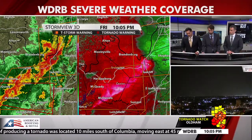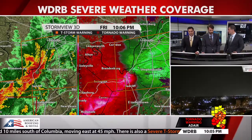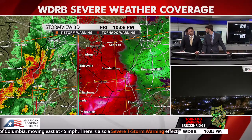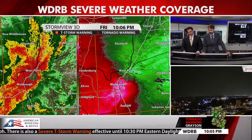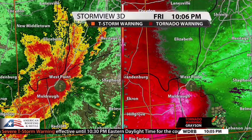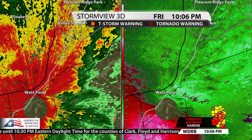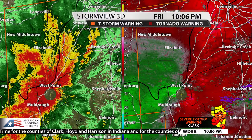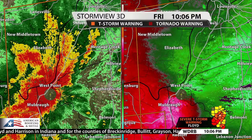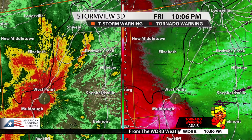Also waiting with each and every minute, just the anticipation of seeing what happens on the other side of this cone, because this will be the future for Louisville. And it does look like right now we're starting to get some of the rain moving on the other side. Not seeing any crazy gusts or crazy strong winds just yet. Okay. But it's something that I wouldn't be surprised at. And Rick, I'm going to make sure that our Louisville camera is aimed due south. At some point, once this gets into Louisville, we'll want to take this camera in the screen with us because,